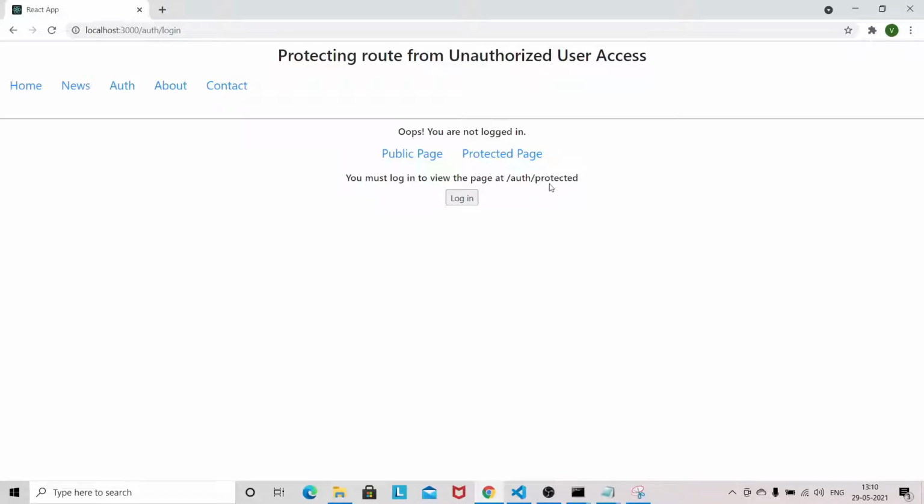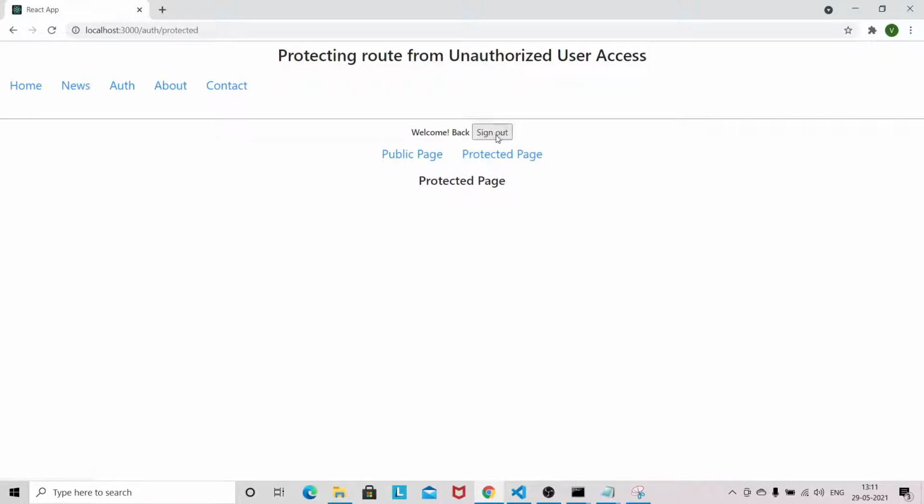So you can click on this one. It's a basic login. The moment you click, you will be logged in, and you can see that now you are able to access the protected page. So now you can switch between the public and the protected page.